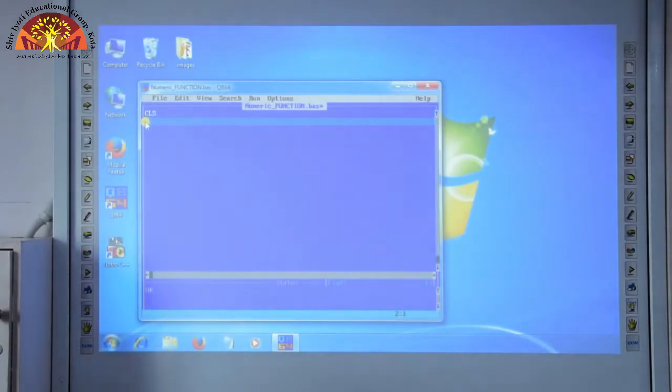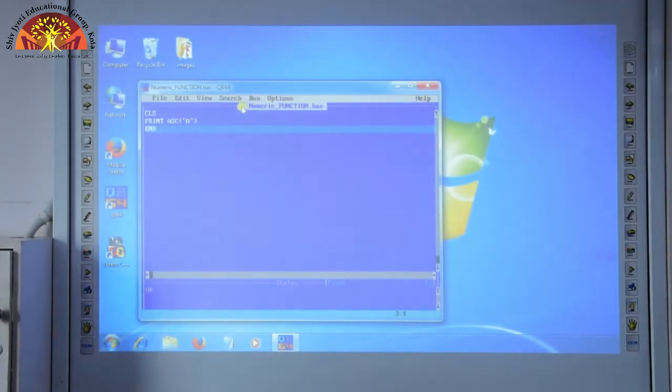Now our next numeric function is ASCII function, or we can say ASC function. For this we will start typing the program, PRINT space ASC, now parenthesis, inside the parenthesis we have to insert double quotes, and inside the double quotes we have to type capital A. Now END to end the program.